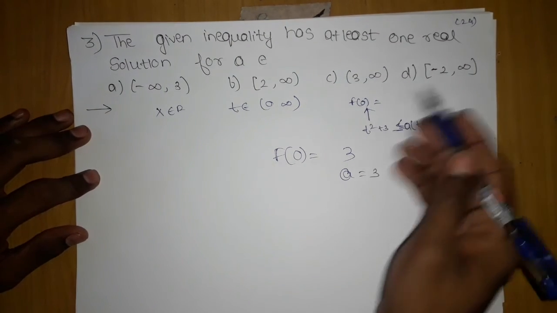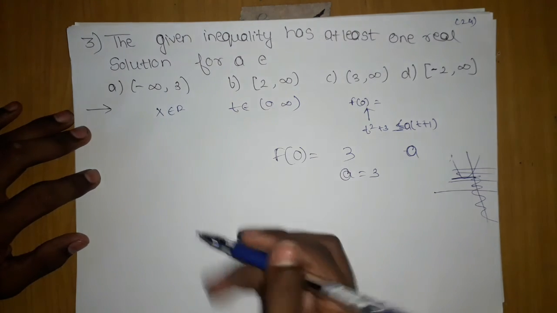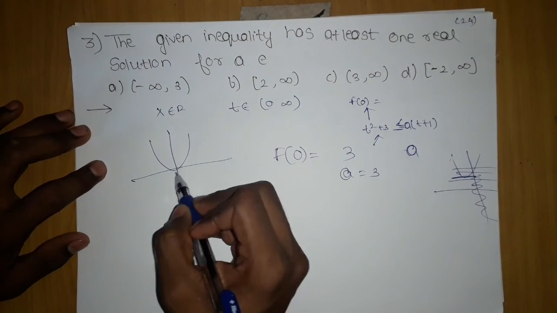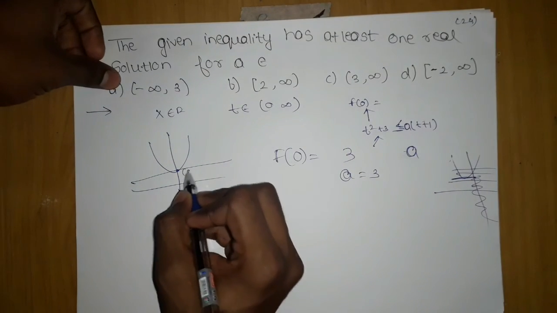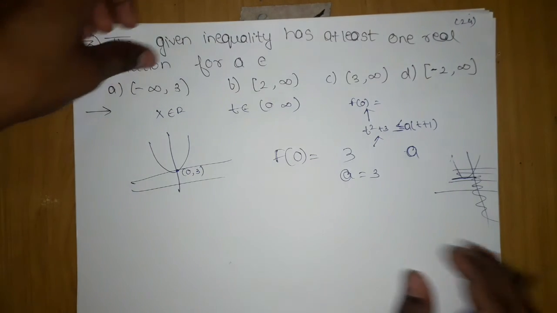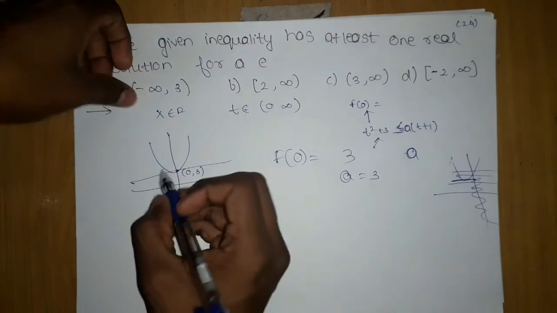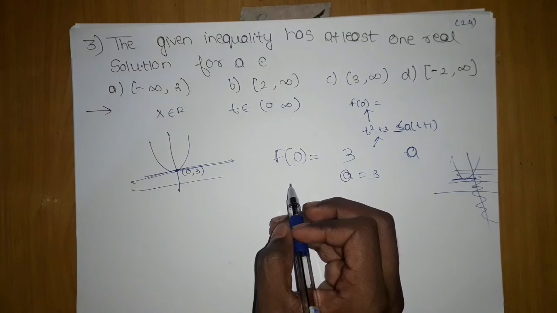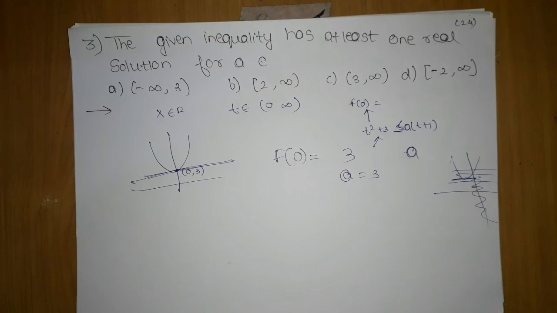Now you see the minimum value, although I have already told, at the point where the parabola cuts the y-axis is the y-intercept. So here you can see its d is already given. This function is a parabola. If I trace its path, it is from 0 to 3. Now it is from 0 to 3. So from this point the values will start, which means we will start to get the solutions.